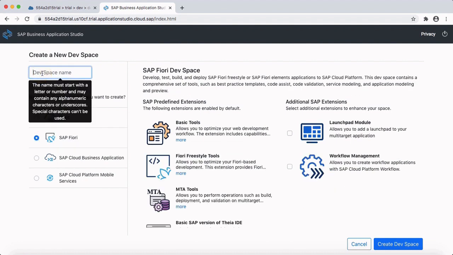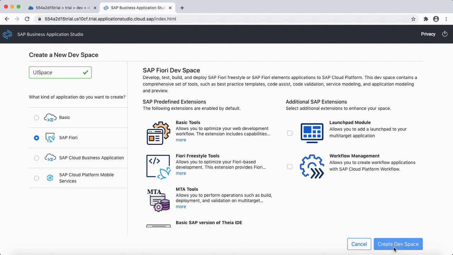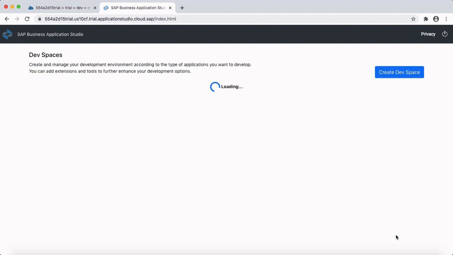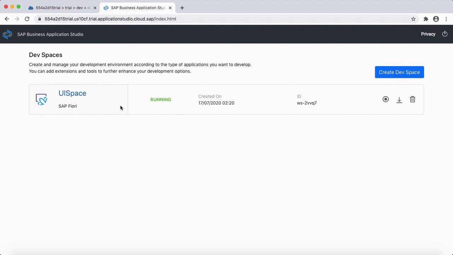I'll give it a name, UI5 space. I'll click on Create Dev Space. Now the dev space is starting. Once it is running, I'll enter into this space.